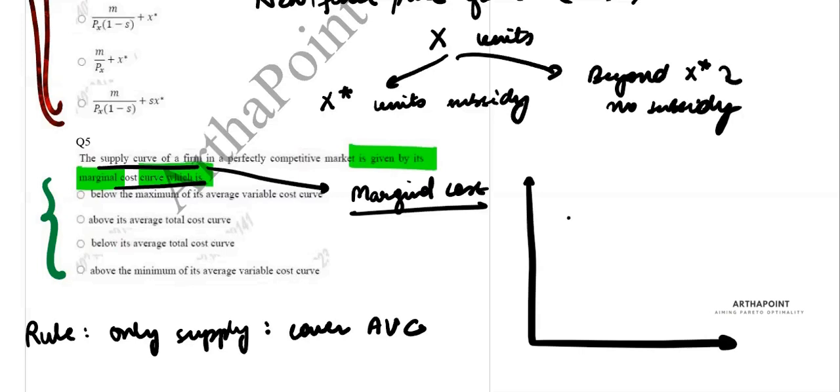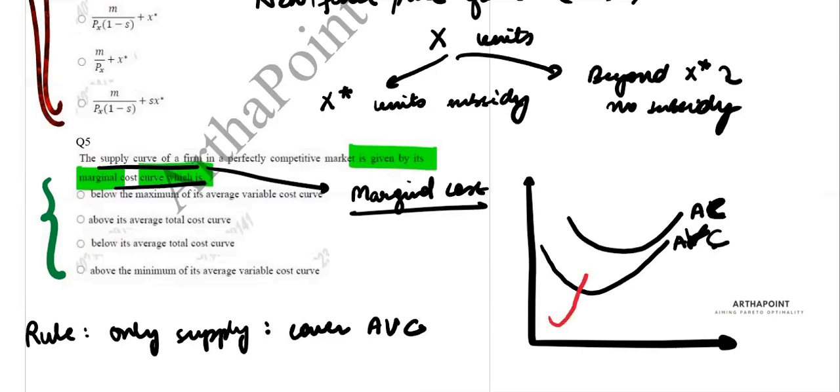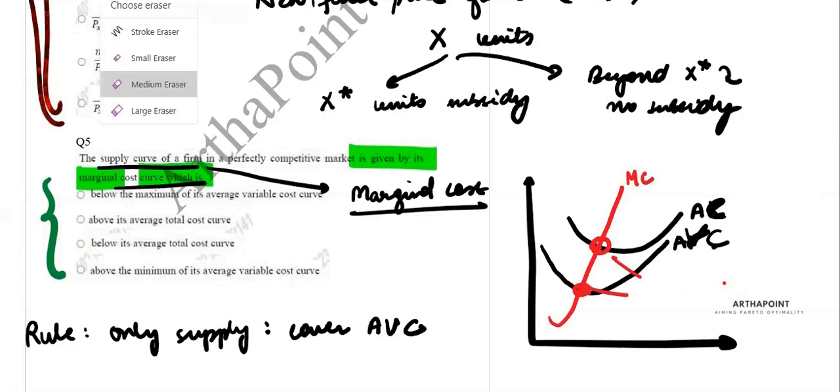So basically what happens is, if this is my average cost curve and this is my average variable cost curve, then I can go ahead and plot a marginal cost. The marginal cost touches the AVC and the AC at their minima. And I will supply in the market only if I am able to cover my